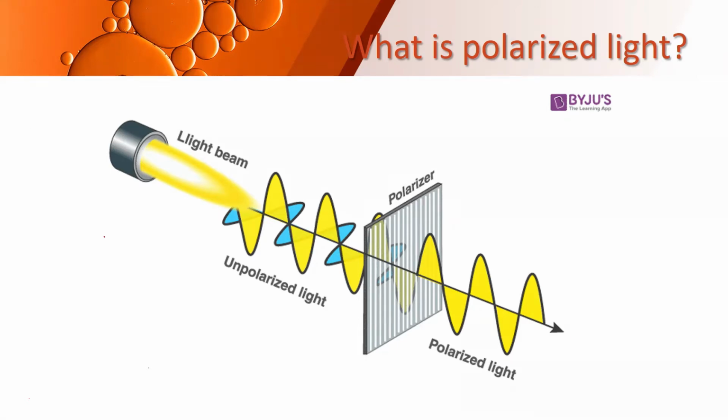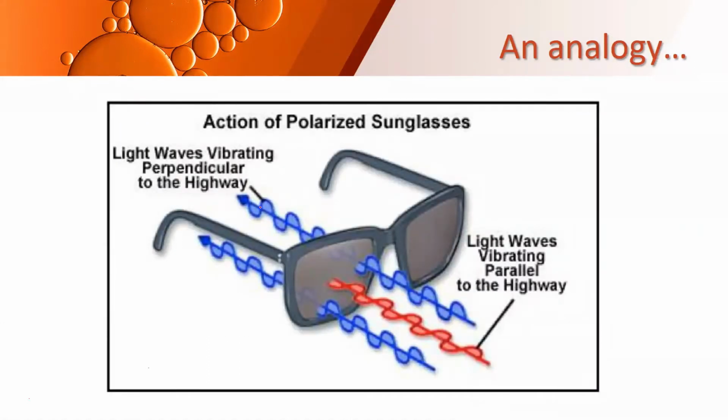So this is unpolarized light and this is what? Polarized light. It somewhat represents the sunglasses which you use. So when you wear sunglasses, you might have seen that it blocks excess sunlight. It doesn't block the entire light, but to some extent it blocks excess sunlight. So not all the light waves are allowed to pass through the glass. Only a few light waves are allowed to pass through, and this is polarized light. So some amount of light is filtered, and that filtered light reaches your eyes, because of which your eyes are protected from the extra glare of the sunlight, right?